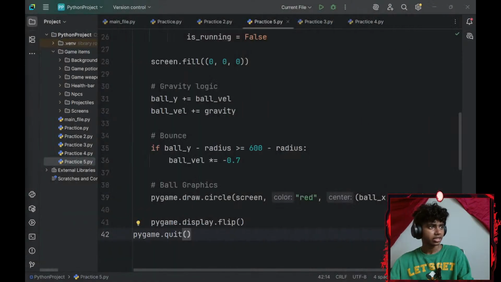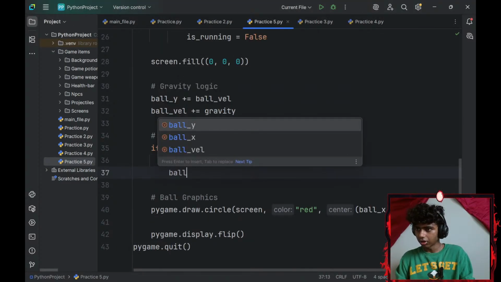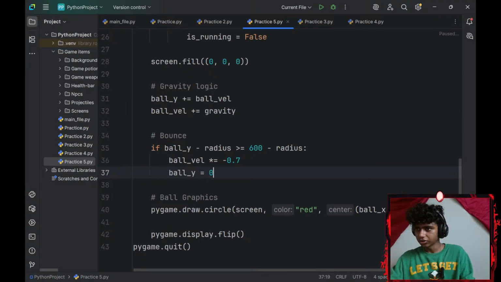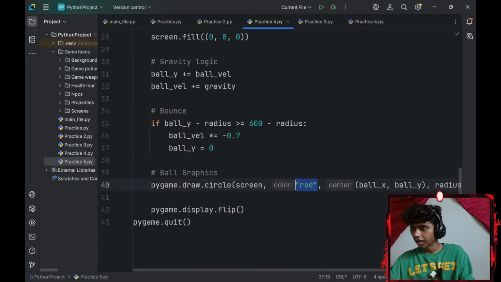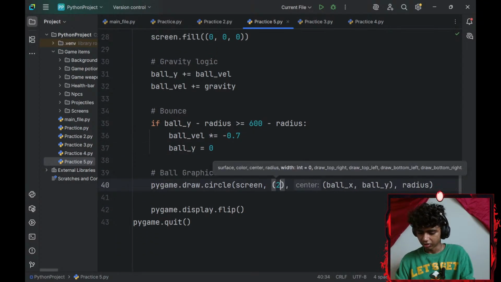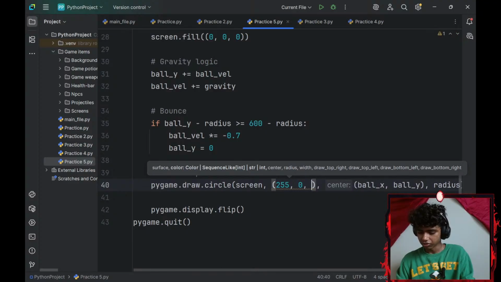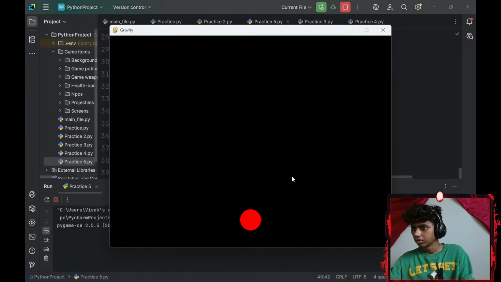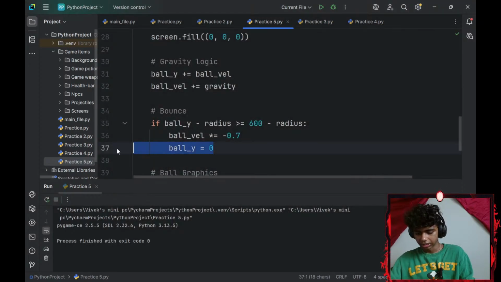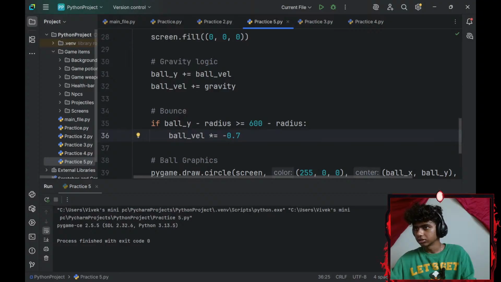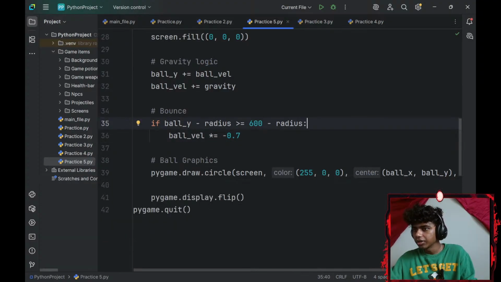Okay, let me fix that in that case. Then I'll set my ball_y-axis to be equal to 0. And it is good practice to use RGB, so I'll go with 255, 0, 0. That's going to be red. There. Oh, it just falls down. Did this have to be before this? So if my ball plus radius is greater than or equal to height,